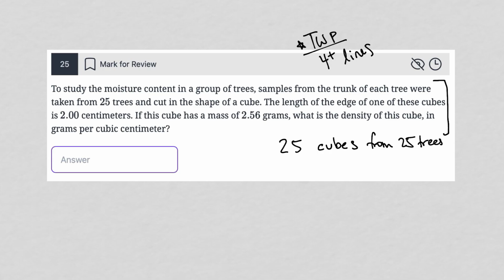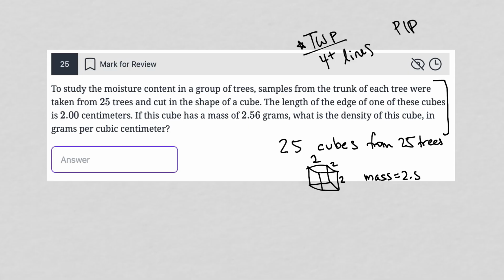So now that's describing something I can draw. So I'm going to use a plug-in picture strategy here. I'm going to draw a cube. It says the length of one of the edges is 2 centimeters. But in order for it to be a cube, that means all of the edges are 2 centimeters. So I'm going to label my length, my width, and my height, and understand that all of those black lines there are 2 centimeters. If this cube has a mass of